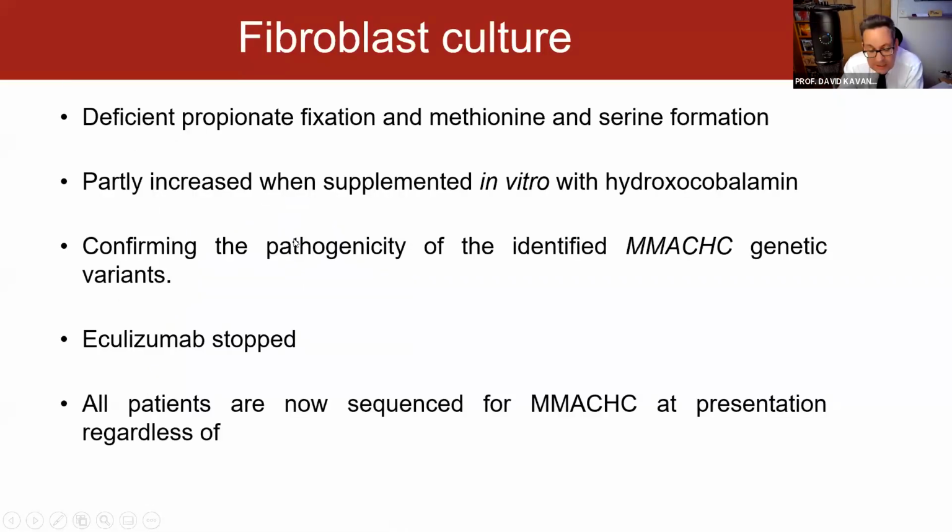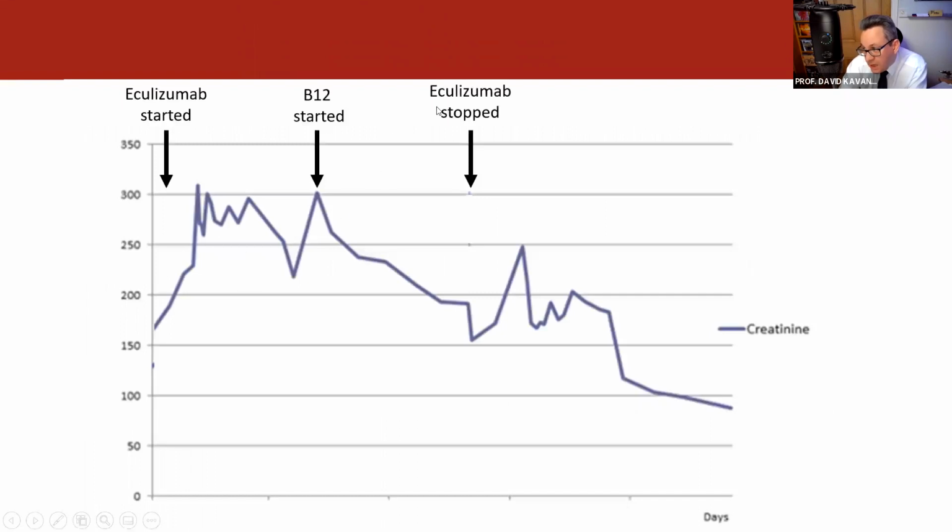And clearly we were not sure these mutations were significant. It looked as if they would be, but we did a fibroblast culture, and it confirmed that these mutations were pathogenic. At that point, we stopped eculizumab, and now all patients referred in the UK will get routine MMACHC sequencing at presentation, regardless of their age. And you can see at that point, we stopped the eculizumab, and the child continued to improve, and the creatinine carries on to improve. So eculizumab does not work for everybody, which is important when we take into account the